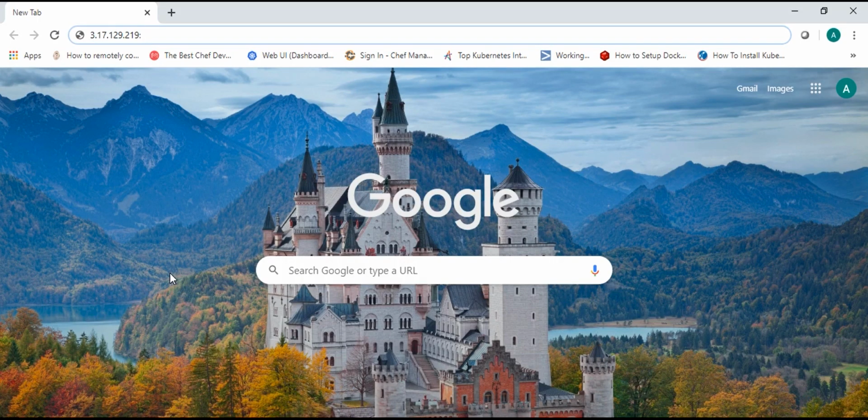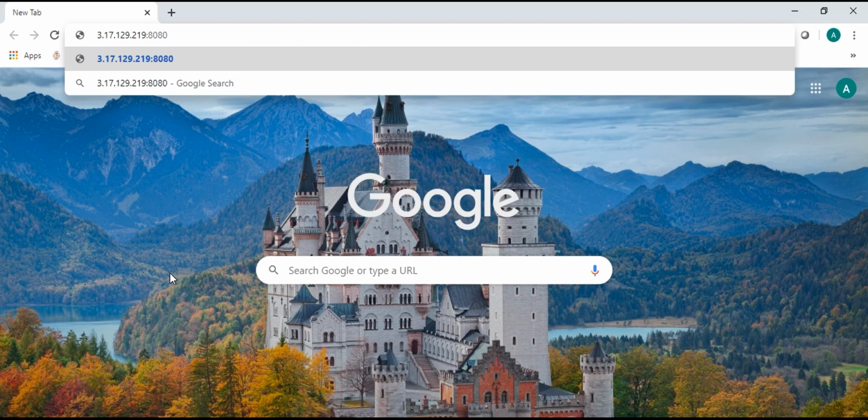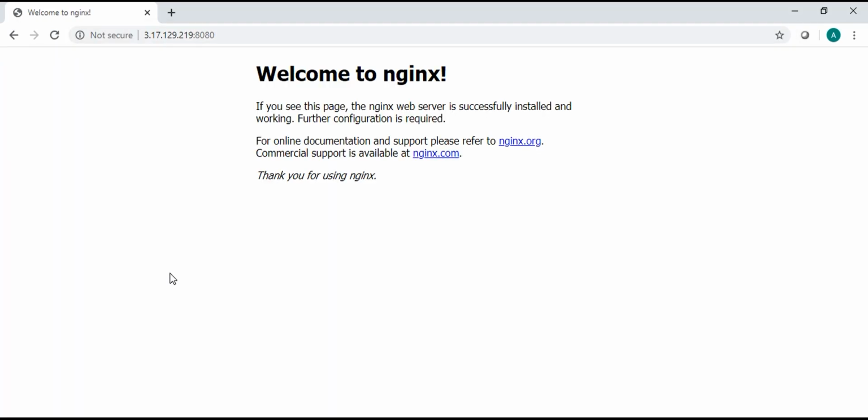Now we will see the home page of Nginx. So I provided the IP address of my server and followed by port number 8080. So it has to give the home page of Nginx here. See, here we got welcome to Nginx page. So that means using docker compose file we pulled multiple images and we have converted those images as containers, and we can work on multiple containers on single server. That is the use of docker compose.